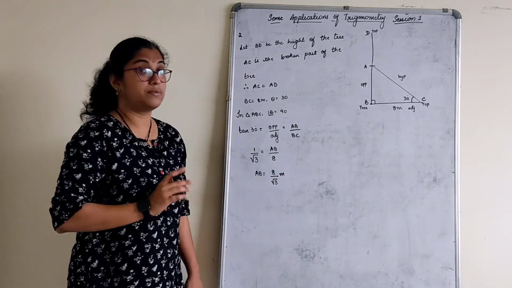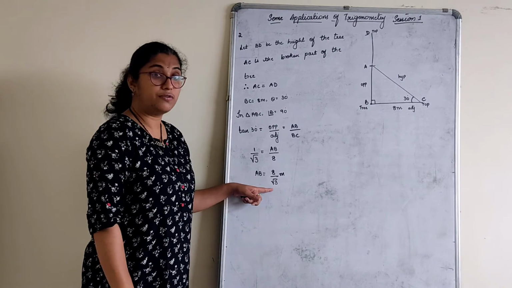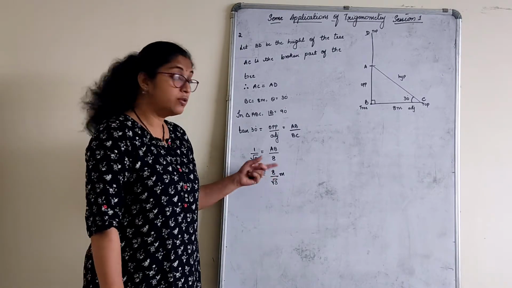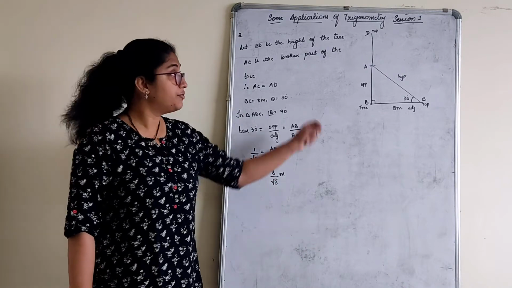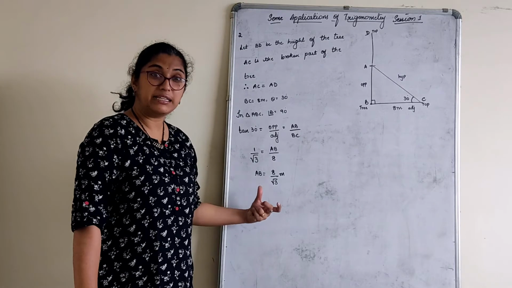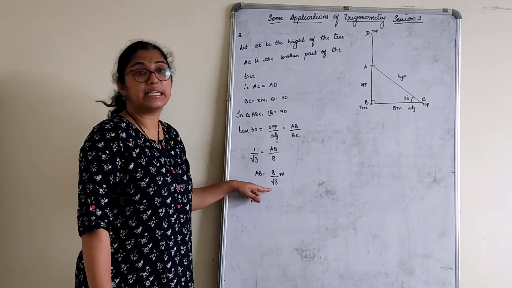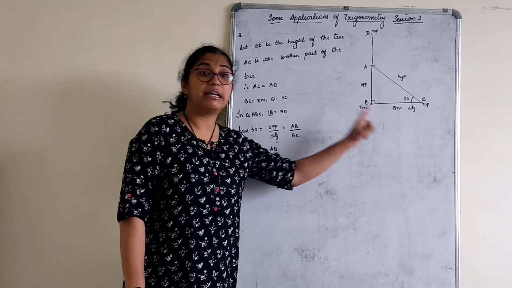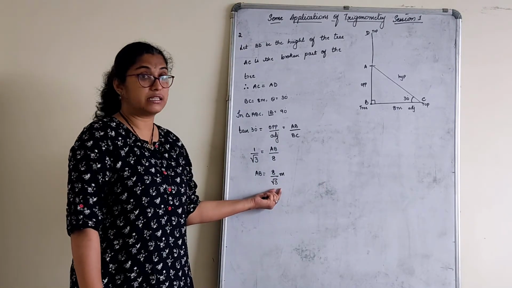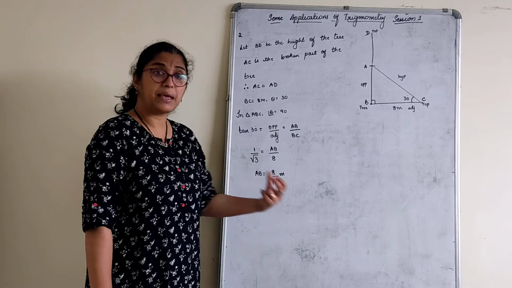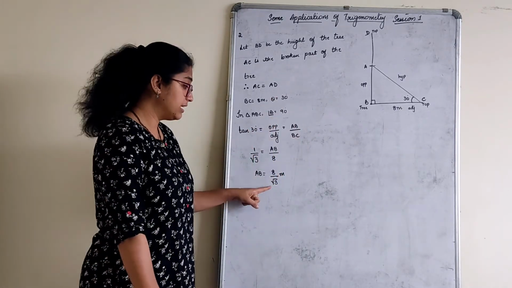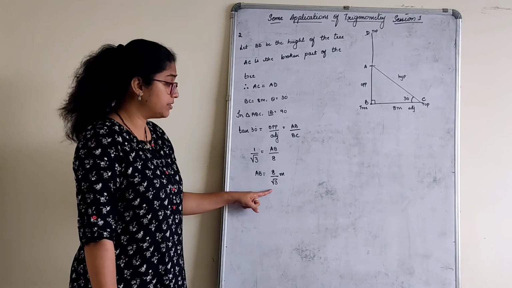Actually children, we are not supposed to keep any answer in terms of root. We know that. But this is not the final answer, right? Did you arrive at the final answer? Did you finally find the height of the tree? Found it? No. That means you are still in the beginning stage. In the beginning stage, you can keep it like this. Once you arrive at the final answer, do not keep it in terms of a surd, that is a root, right? Here it is still a beginning. You are finding part by part to join and make the final. Keep this as it is. Don't do any changes with this, right?